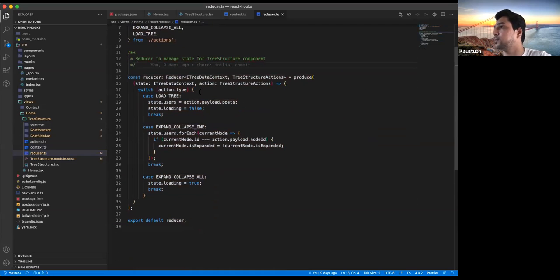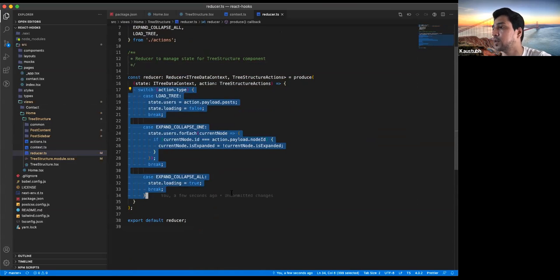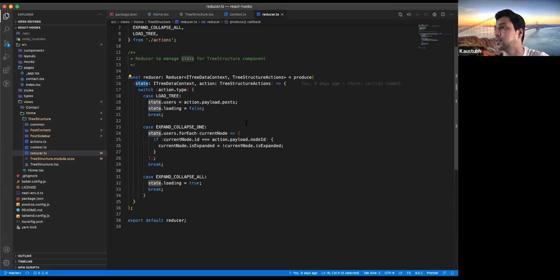So this is my reduce function, which is holding my whole state manipulation logic over here, similar to a Redux fashion. It gets state and action as default. State is the previous state that we know, and then the manipulation is done by using a switch case. And once we are done with it, we are just returning whatever we have. We are just modifying the state.